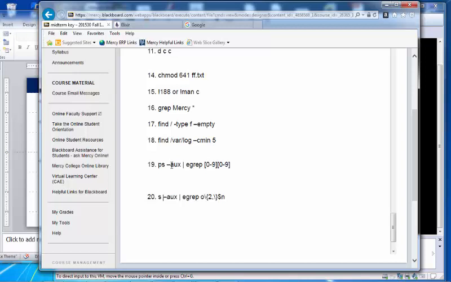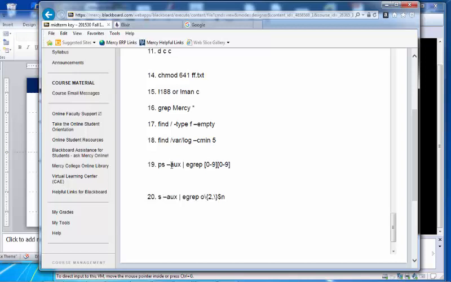I want to have anything two-digit. So anything similar to this will get full credit. The accurate key is egrep and then square bracket 0-9, which means any digit within that range. So 0 to 9 means any digit, right?